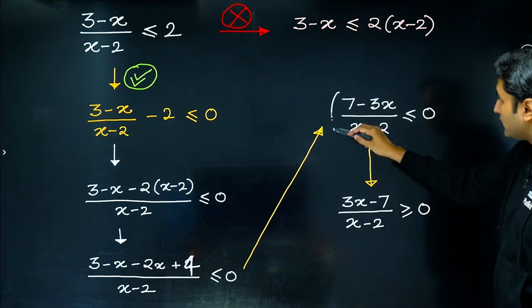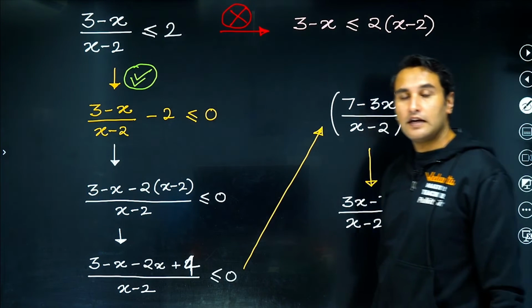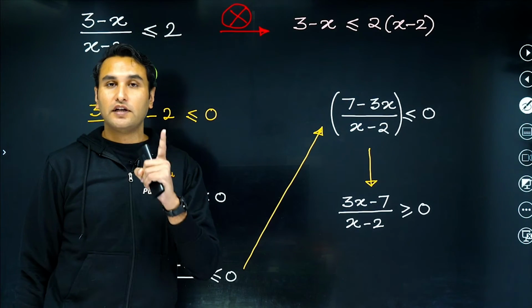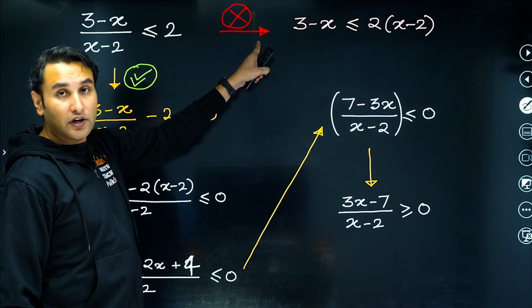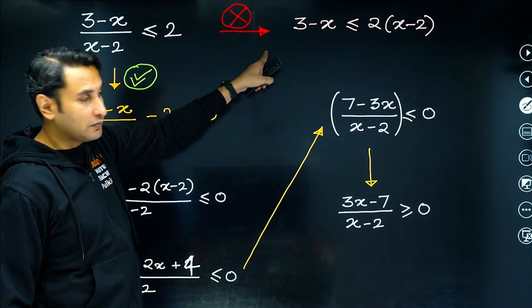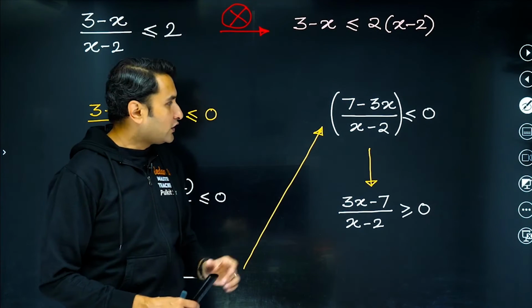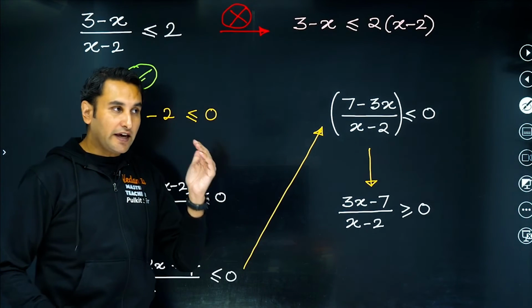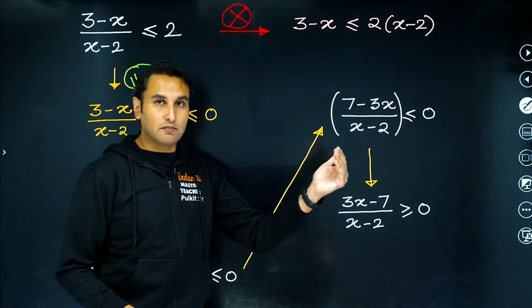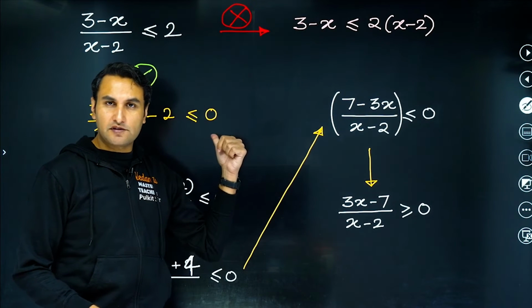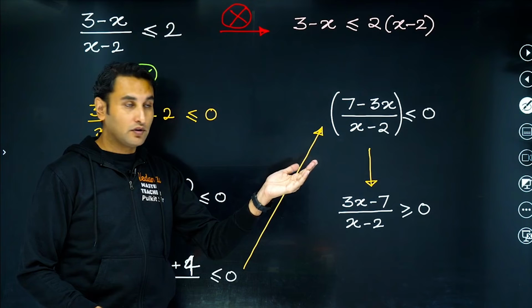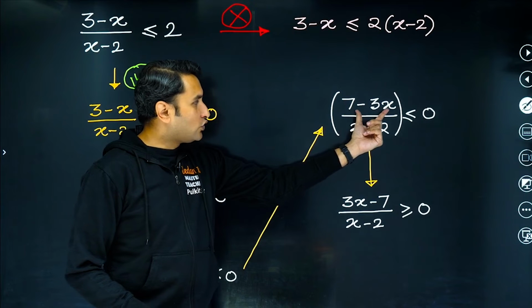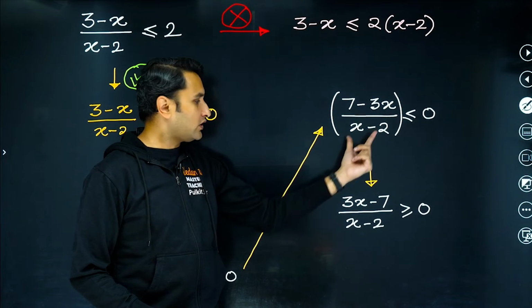Alright. So you have reached till here. Now what do? Again an important step. Bachcho, this problem is very, very important for revision because you are learning multiple things. You learned that you cannot cross multiply. You also are learning that you've always created wavy curve with terms looking like x minus something, x plus something. Did you, in the previous examples, see something minus x? No. So to solve this using the method of wavy curve, you don't want 7 minus 3x, you want 3x